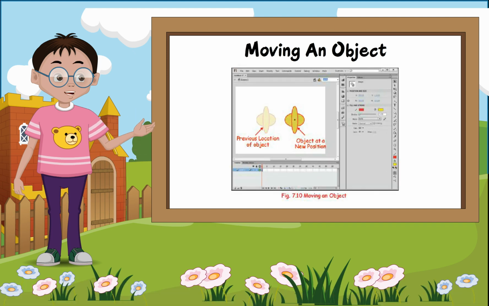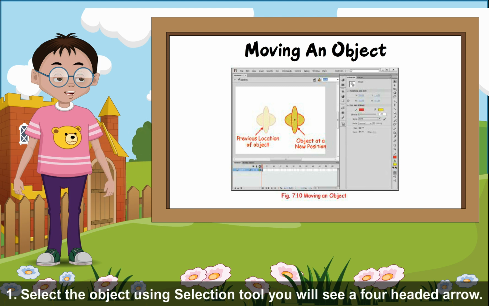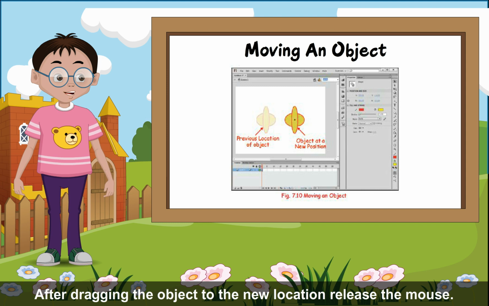Moving an object. To move an object, follow the given steps. 1. Select the object using the Selection tool. You will see a 4-headed arrow. 2. Click and drag this to move the object to a new position. After dragging the object to the new location, release